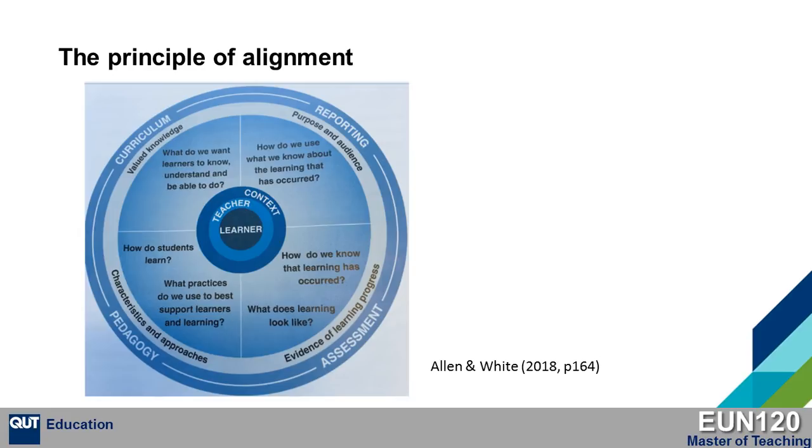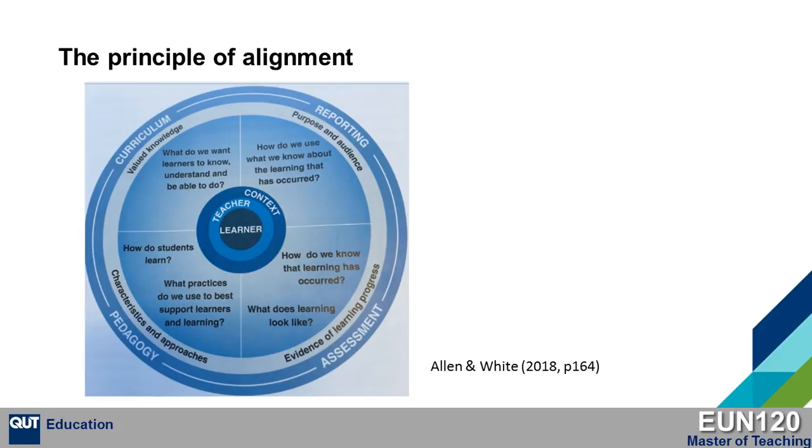Lastly, reporting, where the purpose and the audience must be taken into consideration, and we need to think about how we use that for evidence of learning. So even these newer texts don't exactly look at curriculum in the same way. If we go back through time to earlier educational theorists, they have used various classifications to try to explain curriculum in a bit more detail.